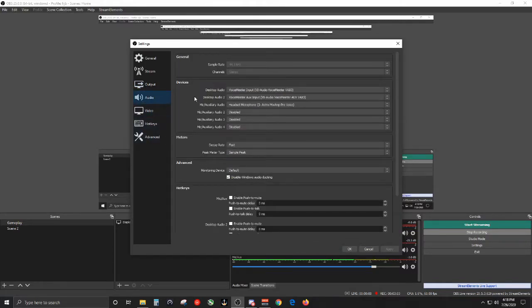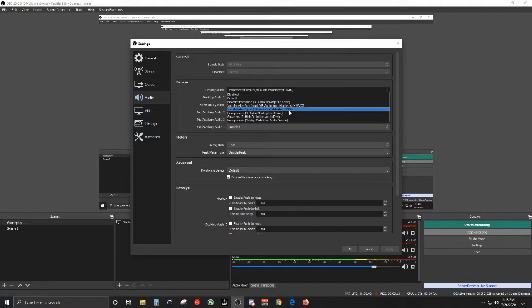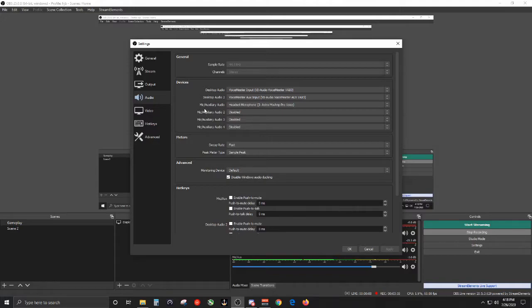Now the audio is basically whatever you want to be heard. Wherever you have your audio, if it's going to your speakers, click it to your speakers, or if you just want to be heard from your headphones, click it to your headphones. That is pretty self-explanatory. Same goes with your mic. Your mic is whatever you're using to talk so your stream can hear you. Now if you have a microphone set up, go ahead and click it and get it going, and then press